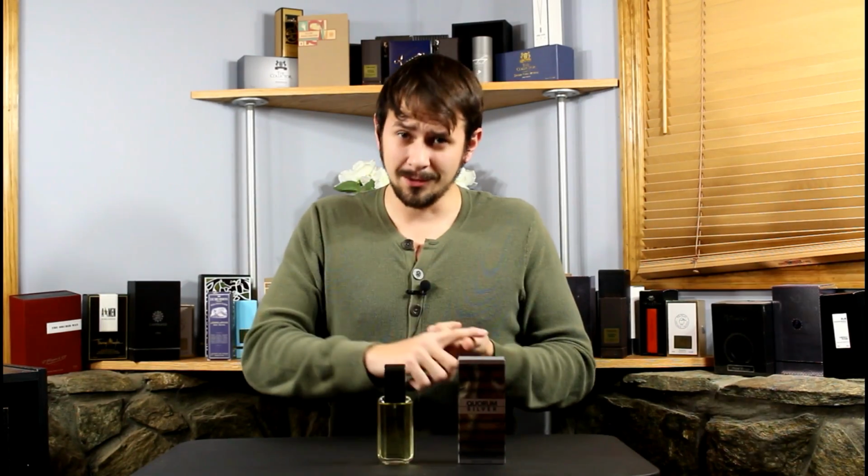Today we're going to be taking a look at a new fragrance. No, it's not new. The main 5 things you get from this are cedar, gaiac wood, pink pepper,